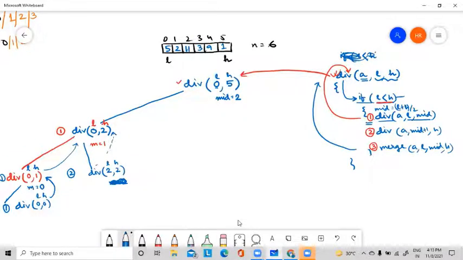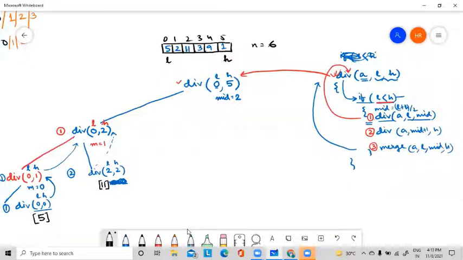Okay, now from this div, see it is 0 0. It means what is the element? 0 0 means it is 5. Now for this div, what is the element? Okay, for this div, this div, what is the element? The element is 11. So in this way it will divide the array again and again, and after all this